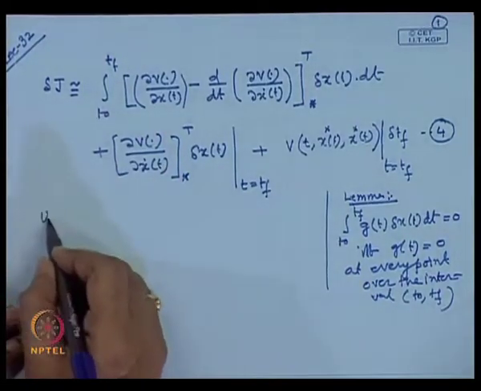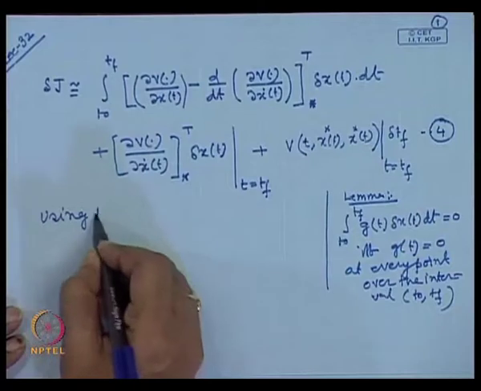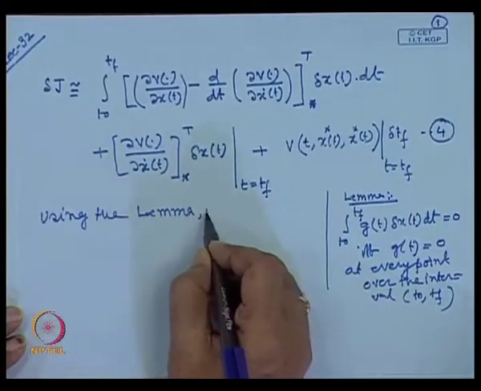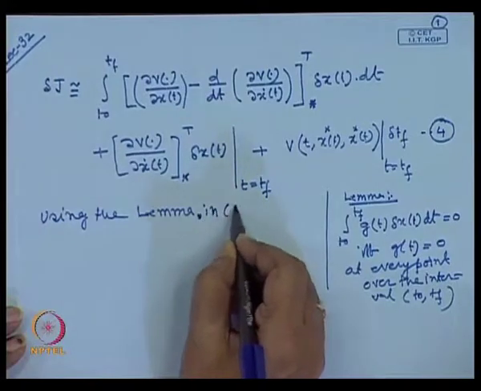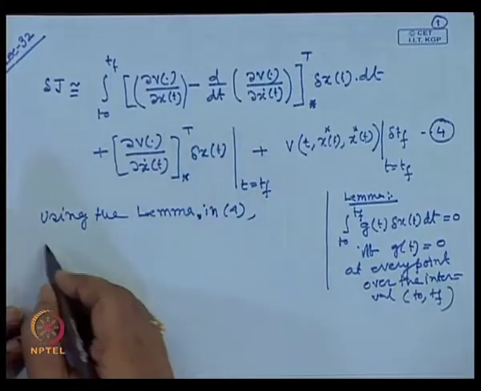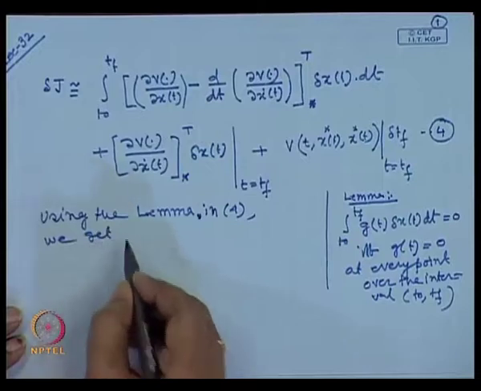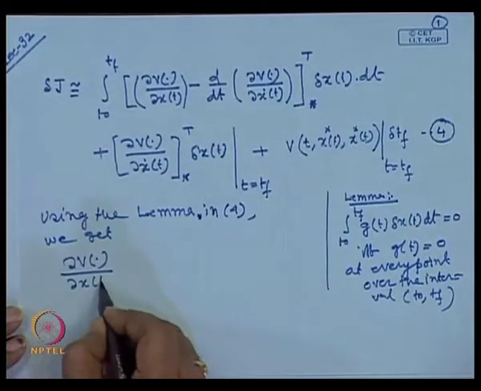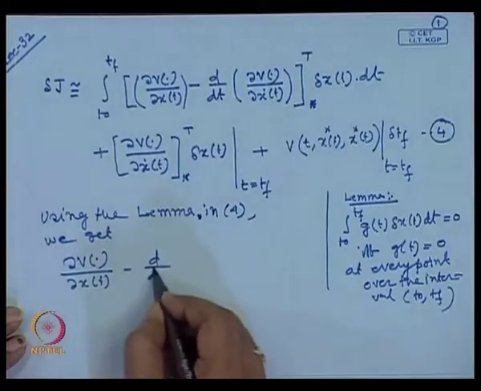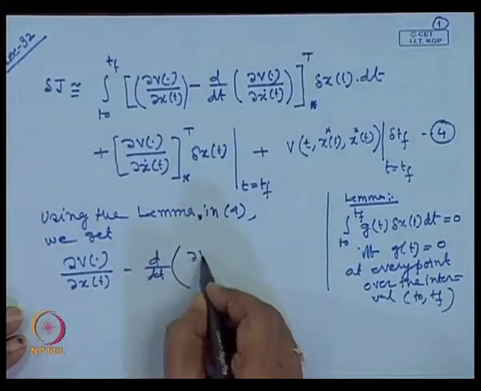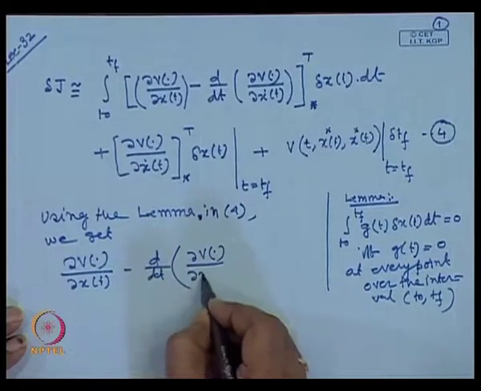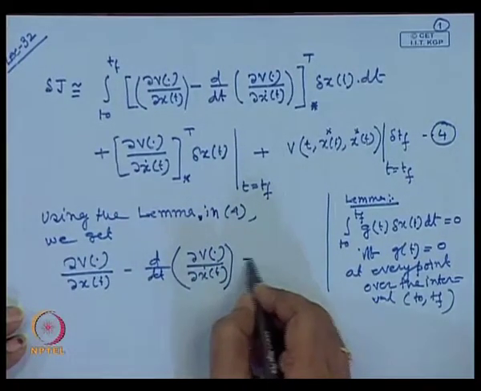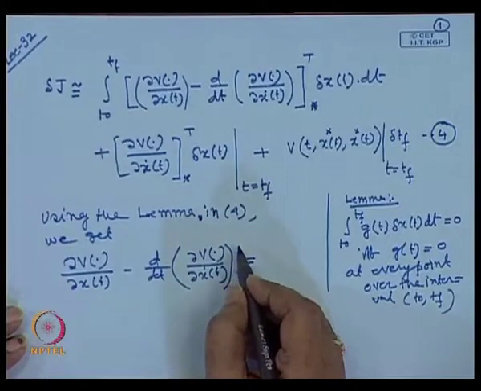So, using the lemma in 4, we get del v by del x of t minus d by dt of del v by del x dot of t, the whole thing, equal to